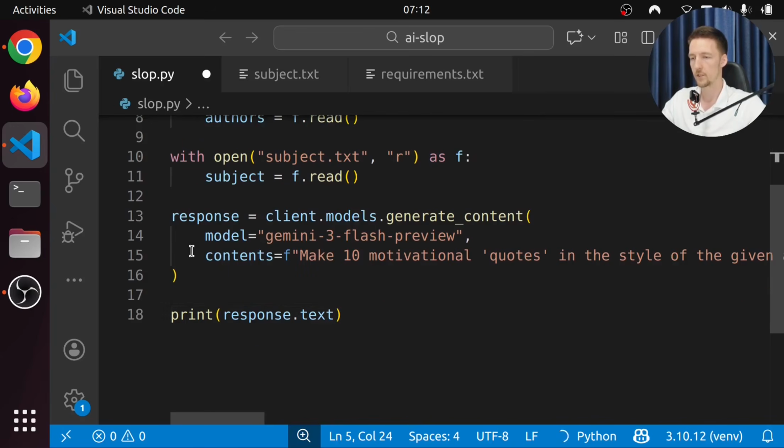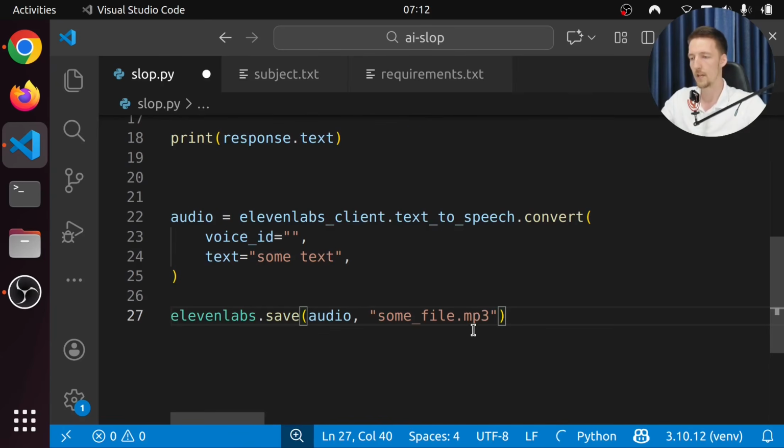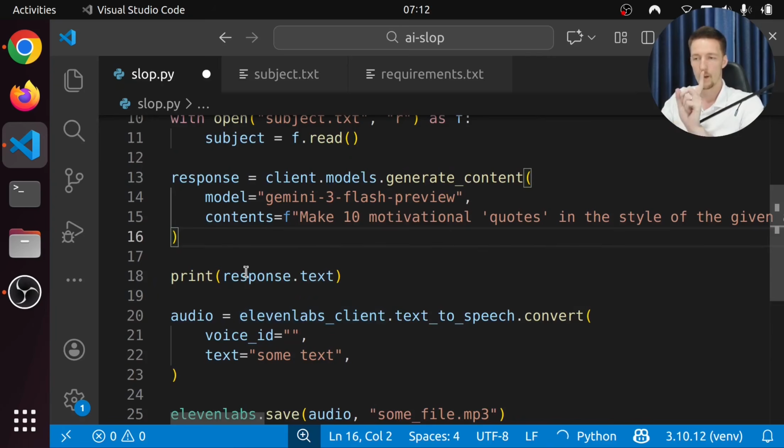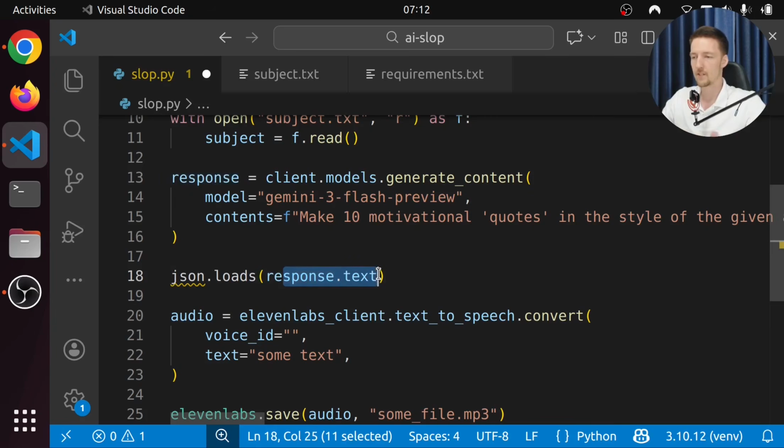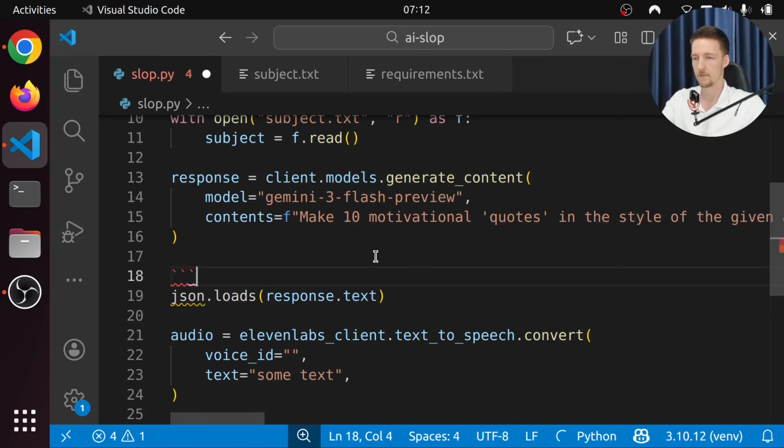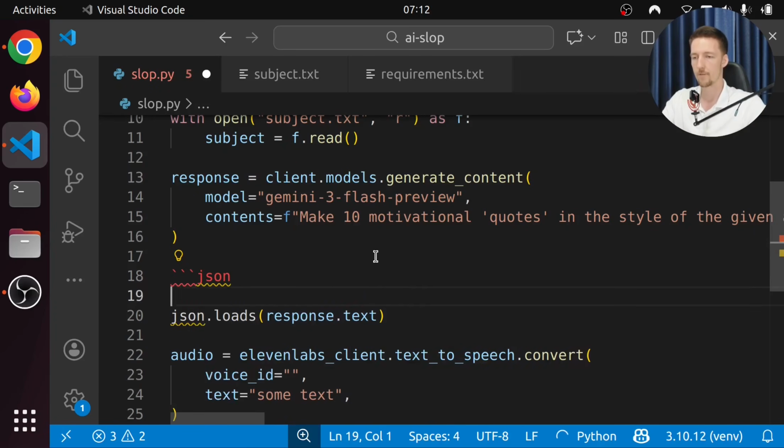So we are going to generate the quotes, and then we are going to loop through all of them. But now our response is just text. We need to convert it into a list. And we can't directly just do json.loads because there's going to be some extra stuff sometimes in the text in the beginning, because Gemini likes to add this JSON markdown format like this.